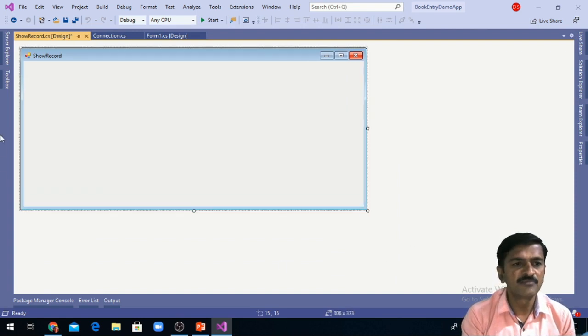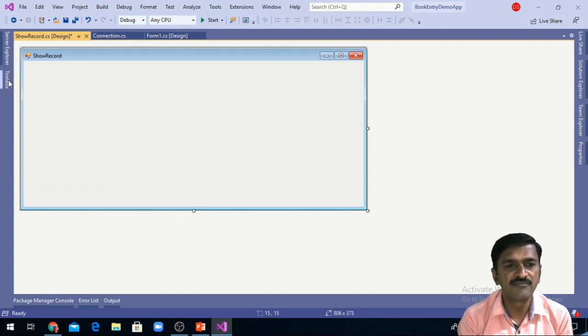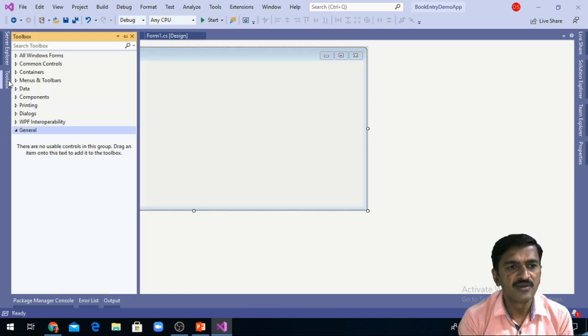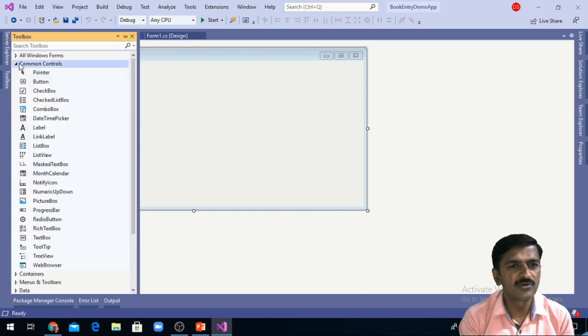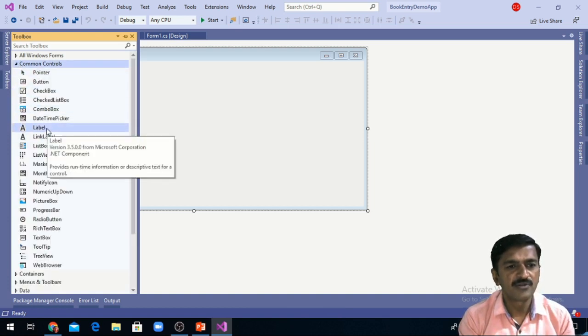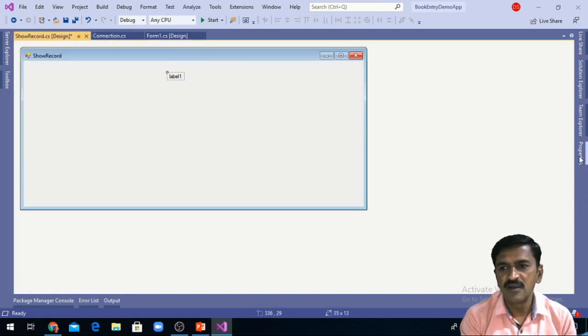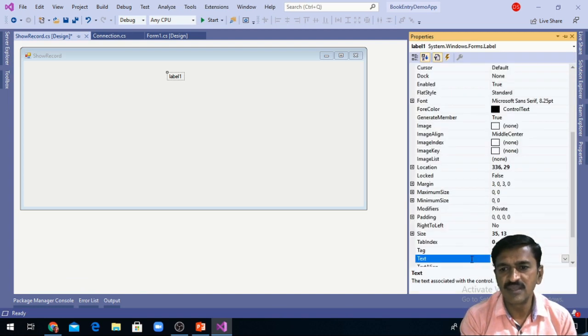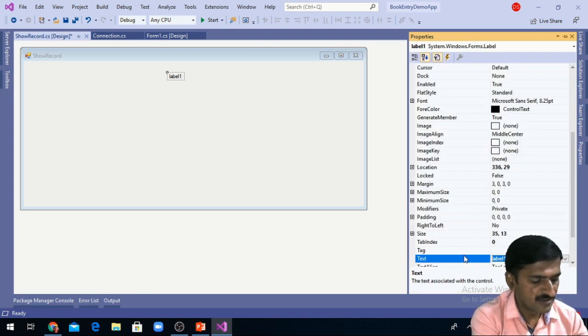On this form I am going to create one DataGridView control. First I am going to add one label. For adding a label I move to the Common Controls and use the label, specifying the text as Book Records.